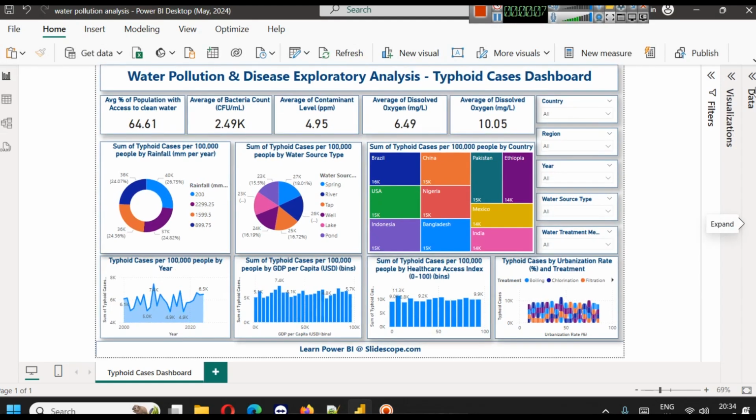In this part you will learn how to create a water pollution and disease related exploratory data analysis dashboard. And in this case we are considering all the cases related to typhoid. So in the data set we have information of various factors and number of cases of various types of diseases,